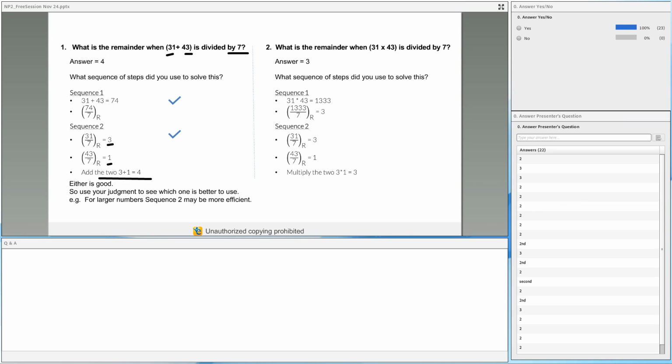The second one, right? So in this case, keep in mind whenever there's a multiplication sign, it's always good to simply use the second method. So with a multiplication sign, you find out the individual remainders and then simply multiply them. Even after multiplication, if you get a value, say instead of 3 into 1, it was 3 into 4, you would have got 12, right? So if you get 12, divide again by 7. That's it. The concept remains the same.